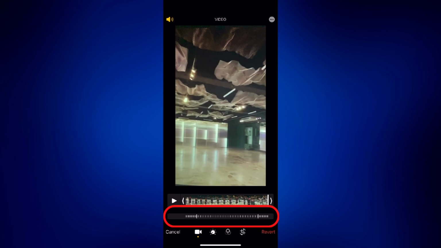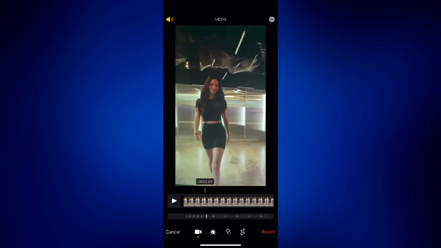You would notice that on both ends of this bar, the vertical lines are closer to each other compared to the vertical lines in the middle. The vertical lines in the middle, which are a little farther apart, is actually the slowed down section of the